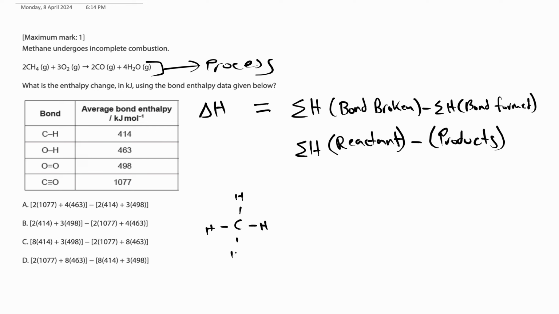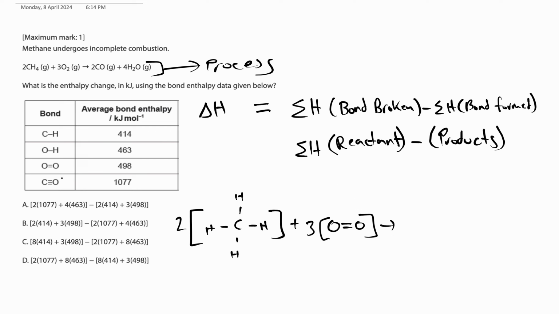CH4 will look like this, and we know there is 2 of these, plus 3 O2 looks something like this, right? O and O will bond together, and that's a double bond, O double bond O, like that, and there is 3 of those, and that gives me